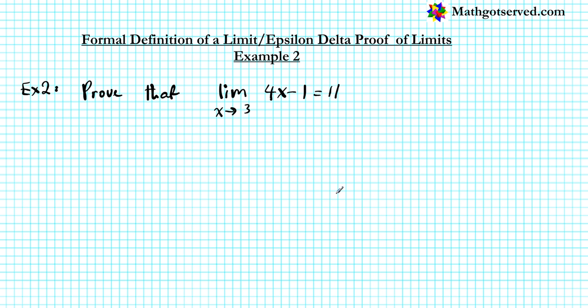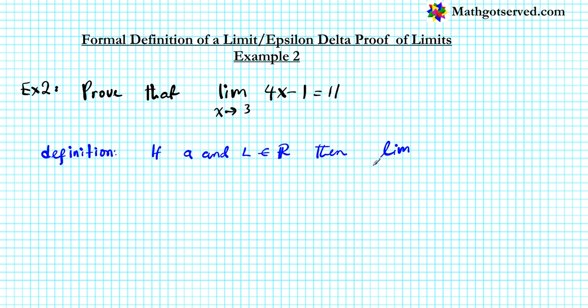Before I start the proof, let's go over the formal definition of limits again. Just write down the definition. This is going to be our guide for solving this problem. The definition is: if we have a and L in the set of real numbers, then